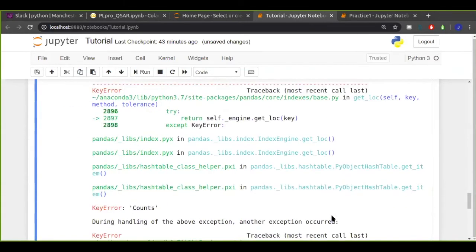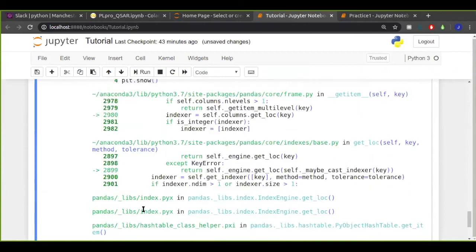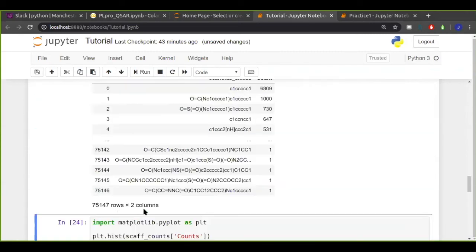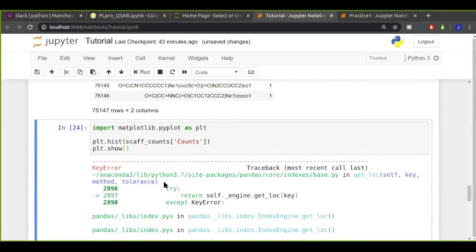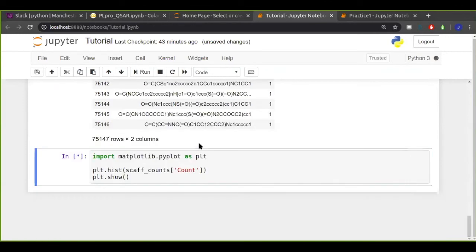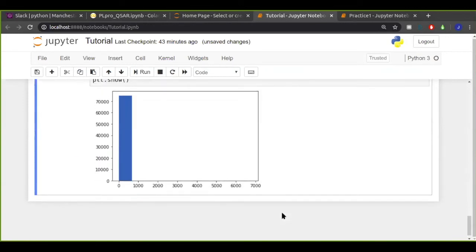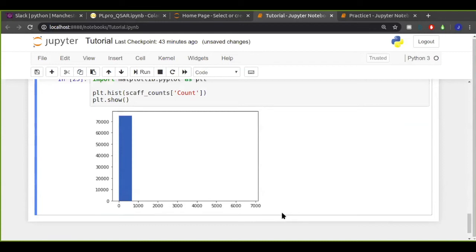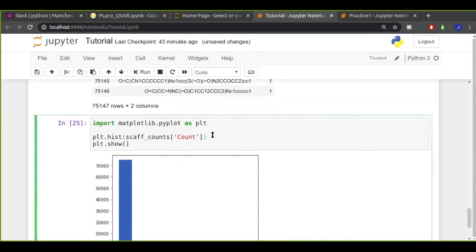Uh-oh. Okay, so it doesn't like what I've called the column. Probably because I spelt it wrong. Here we go. Okay, well, that's really uninformative. So let's make some changes to that. Let's change the number of bins that this data set is divided up into. So let's call bins equals 100.